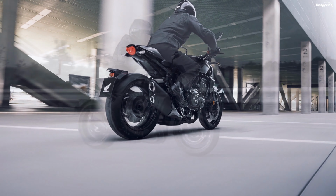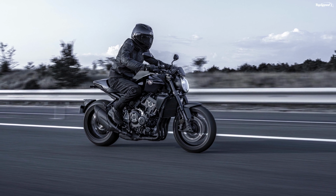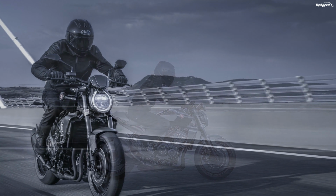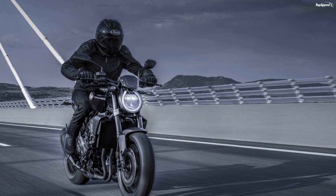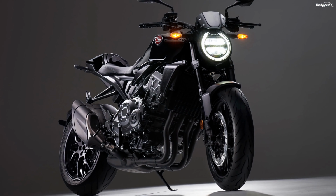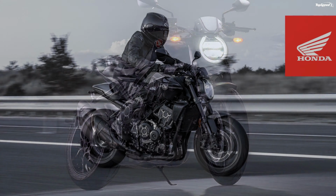Honda's design team combines the new with the old for a certain balance that sets its flagship Neo Sports Cafe model apart. The custom culture references are strong with the